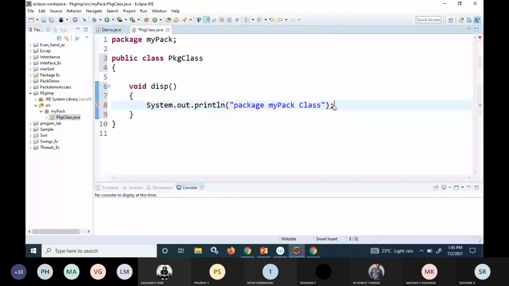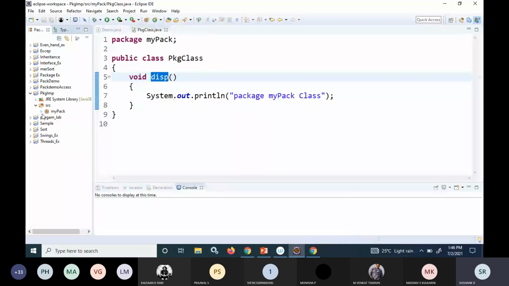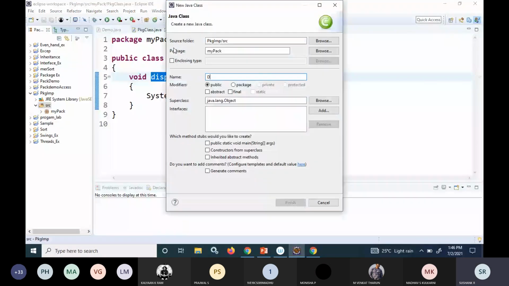Now this package called my pack contains a class called package class. If I want to use this display function in some other program or in some other class, then I can make use of the import statement. For that I'll go to a class and name it demo.